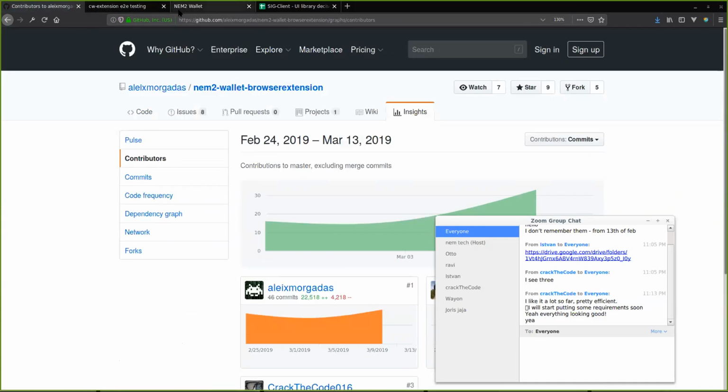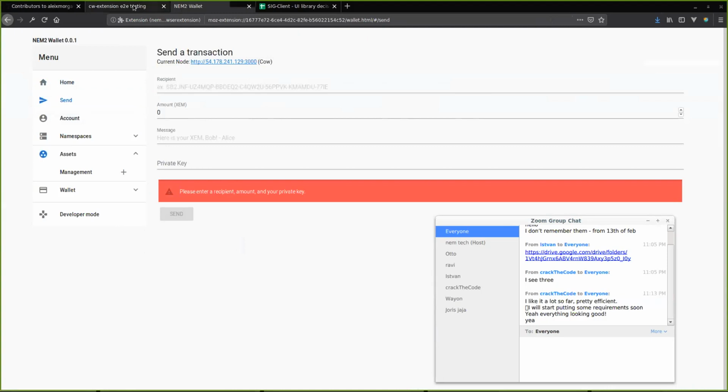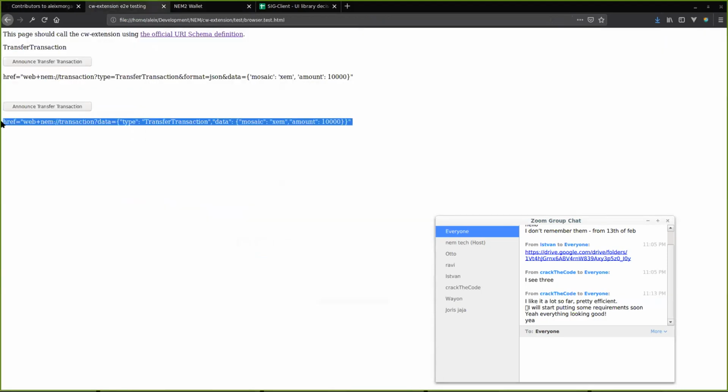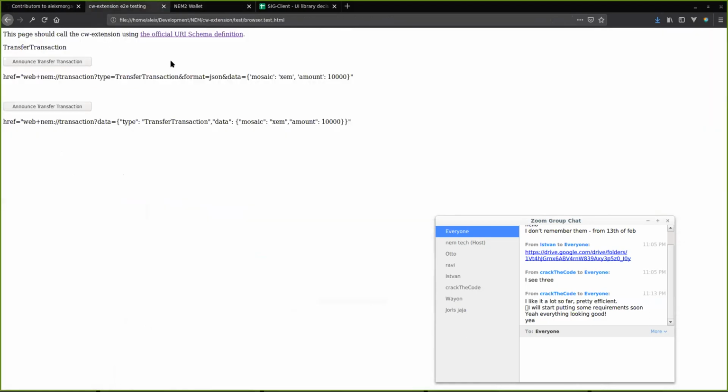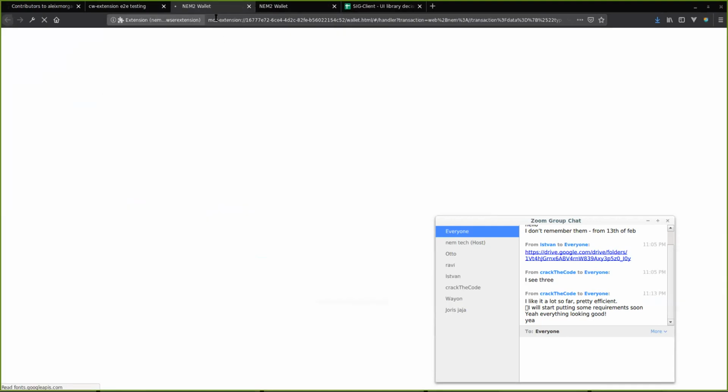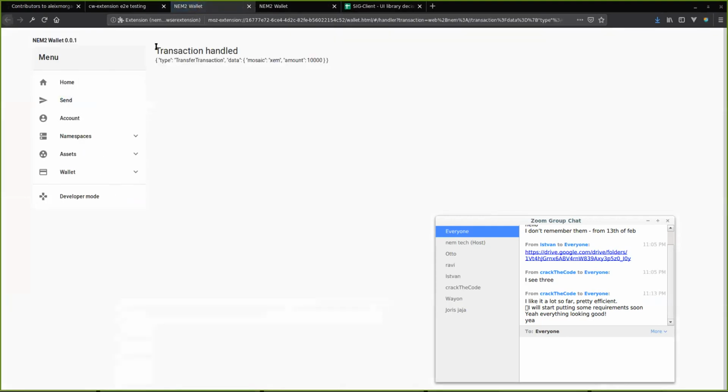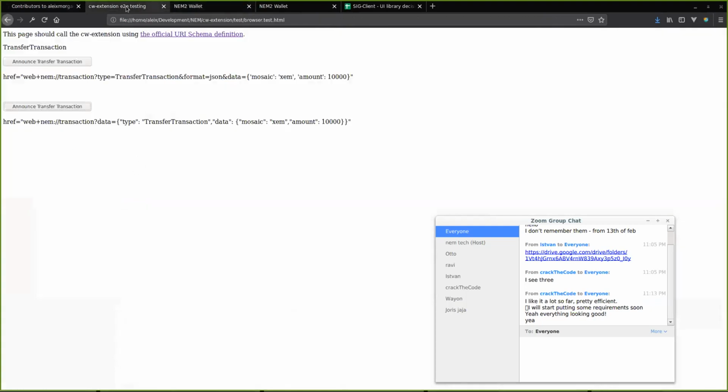And just to clarify why I'm doing this, it is because of basically this URL. My idea of when the browser will be more or less complete is when we have these basic features, nothing too complex, like sending, receiving, and displaying information, but also allowing us to have other web pages where we can say, okay, announce transfer transaction, click here, and then it opens. As you see now, it's working. So now we handle the transaction, and then we pop up and send the transaction in the wallet browser instead of the web page. So this is the main goal